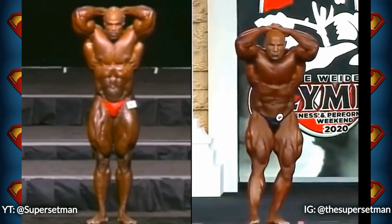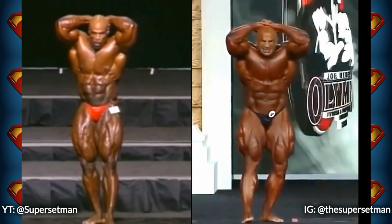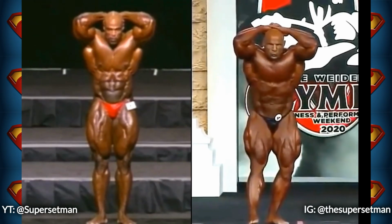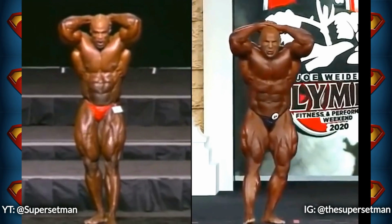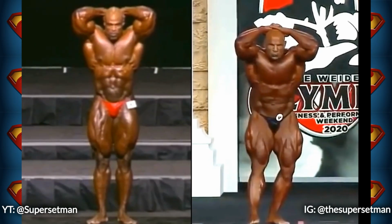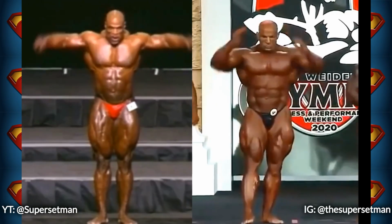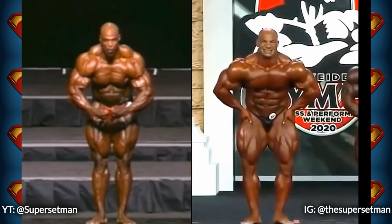Ronnie has the more defined abs, but unfortunately they have that gap in the middle and look like they are spilling out, while Ramy's stomach looks nice and flat. Big Ramy scores another point in this comparison. So until now, after 7 poses, Ronnie's got 4 and Big Ramy 3 wins, but as it looks like in